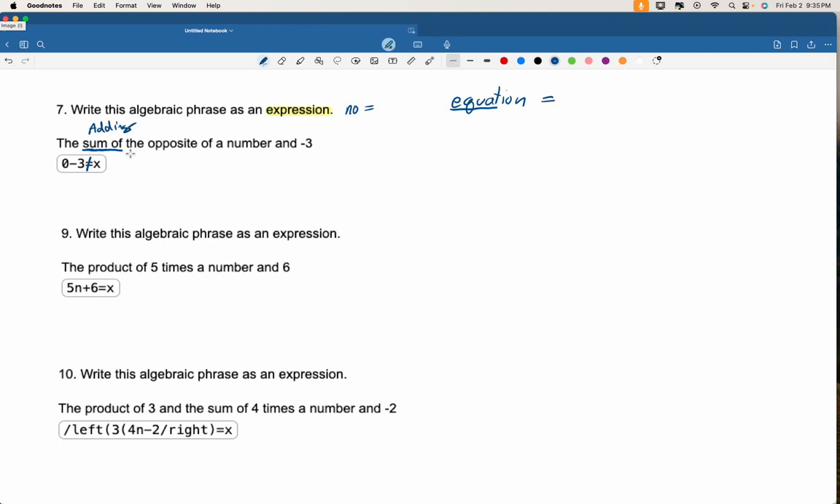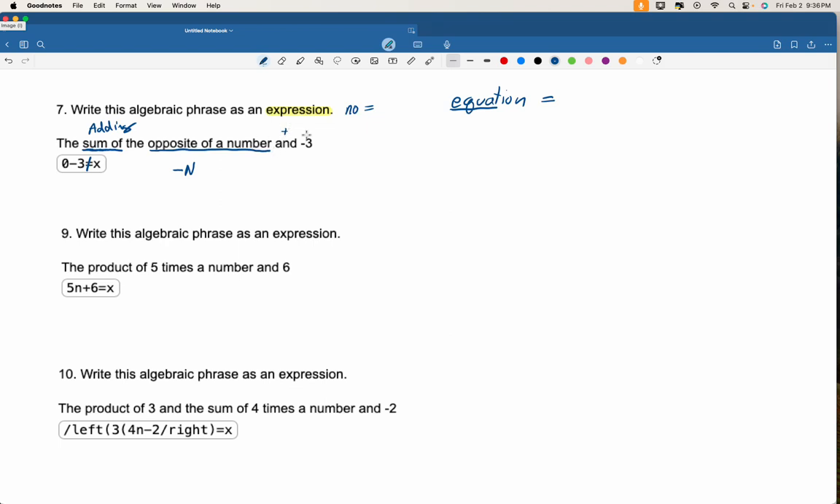So I've got the sum of the opposite of a number. When we say opposite, we know that just means the negative, right? We're multiplying it by -1. So the opposite of a number would be a negative, whatever that number is. We use the variable n when we don't know, or x. You could use x or n, it doesn't matter. But a negative n is the opposite of the number, and